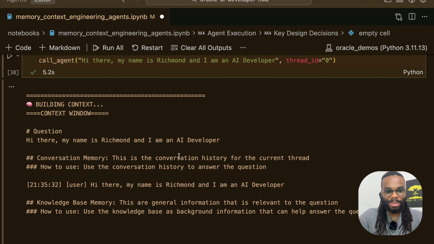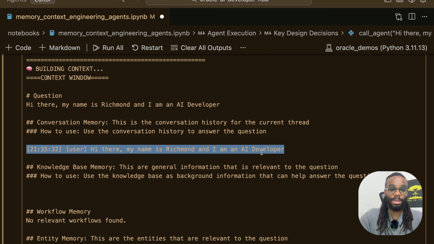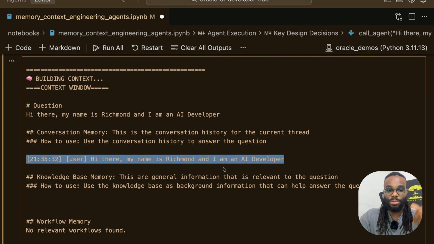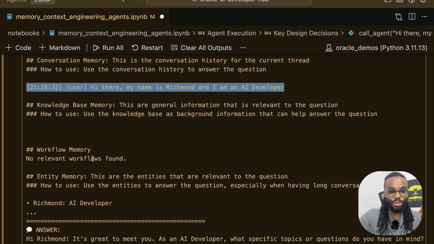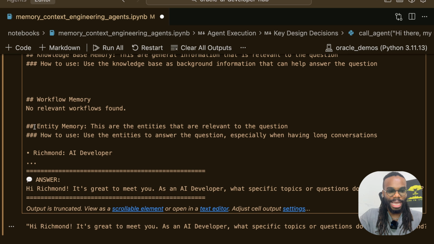Hi there, my name is Richmond. I'm an AI developer. And here you can see it has this awareness of the first time we asked it, because we had to rerun this. But we're using the same thread ID, so it remembers the conversation. Now, there is no knowledge base memory as well. There is no relevant information in terms of workflow found. But here you can see the entity memory is working. You can see that it knows I'm Richmond and I'm an AI developer,